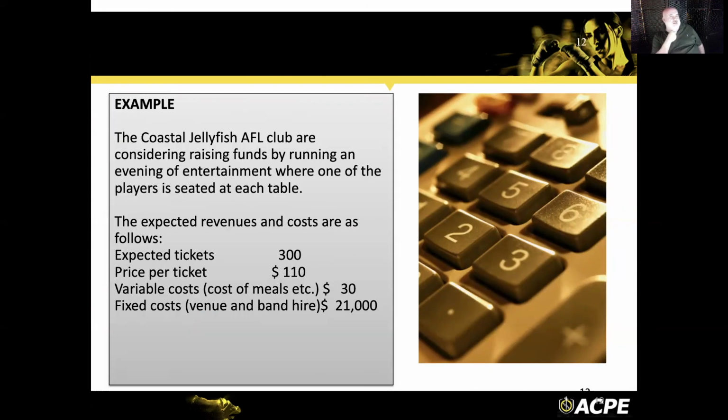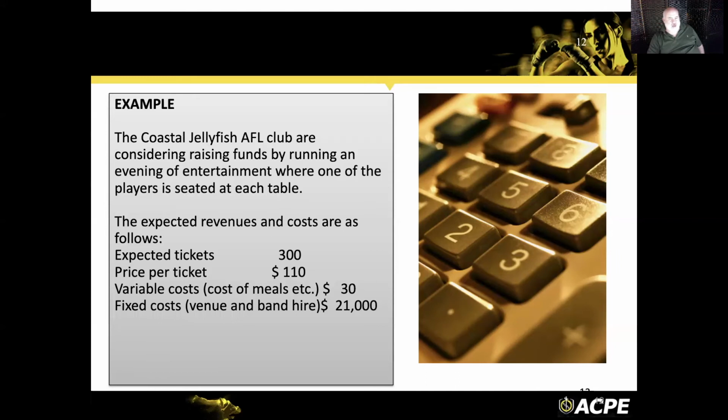The Coastal Jellyfish AFL Club are considering raising funds by running an evening of entertainment where one of the players is seated at each table. Revenues and costs are as follows. Expected ticket sales are 300. The price per ticket is $110. The variable costs are $30, and the fixed costs are $21,000. So the variable cost is, as we sell more tickets, we incur more meal cost, but the cost of the hall and the band, it doesn't matter how many tickets we sell, they're going to be charging us